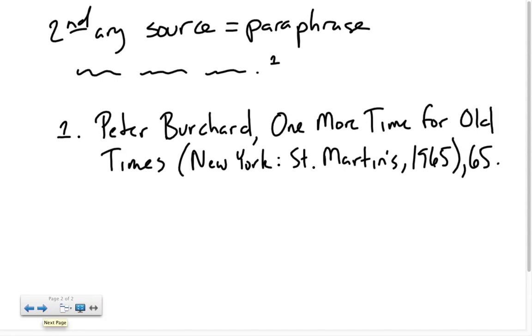The most important piece that people leave out is the page number. You've got to have the page number because of the purpose of the footnote, if it's a book or if it's your scholarly journal,